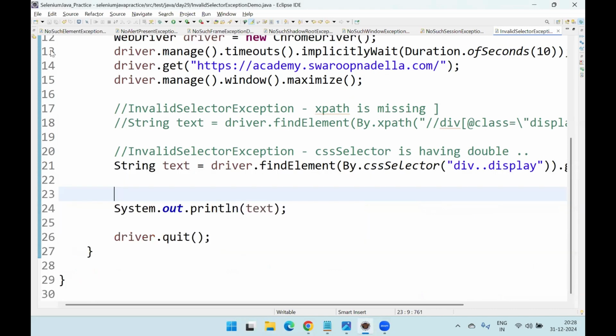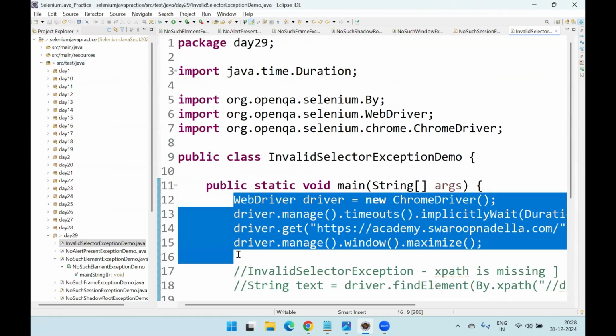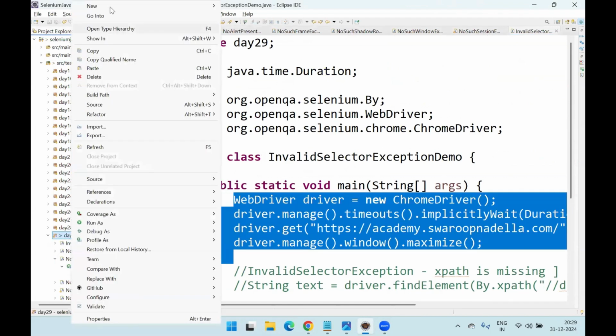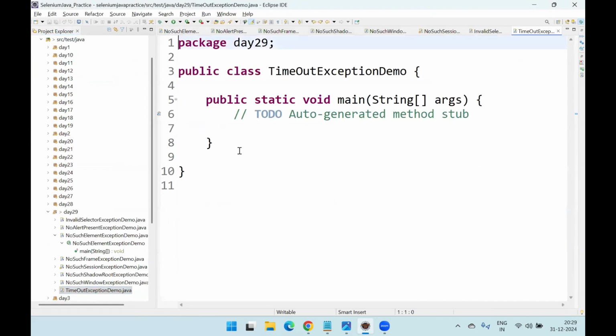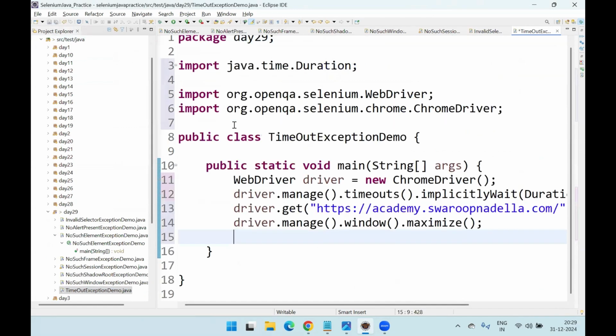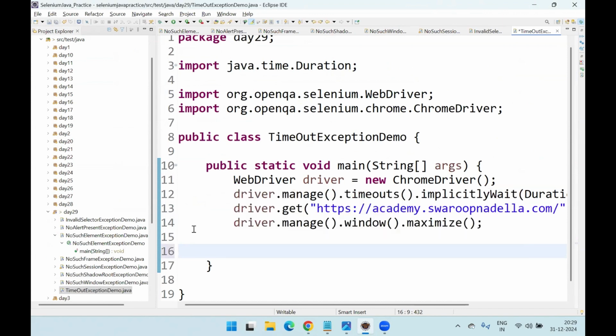So close the console and I'm going to create one more class. So first of all, copy these lines of code, create a new class. Timeout exception demo, select the main method, click on finish. So in this code, what I will do, I need to write the explicit wait, which is the WebDriver wait. I have to declare. So WebDriver